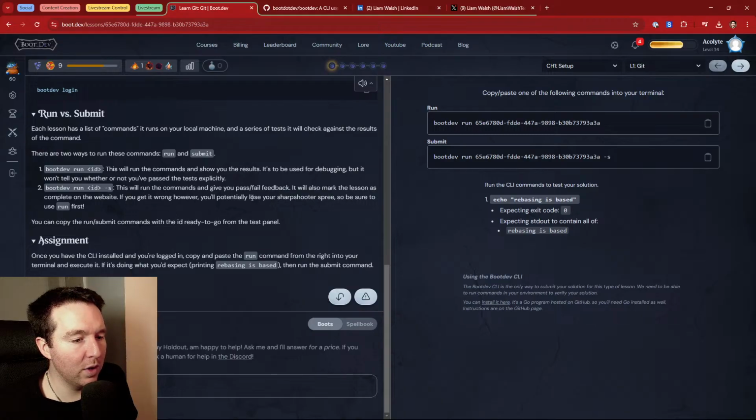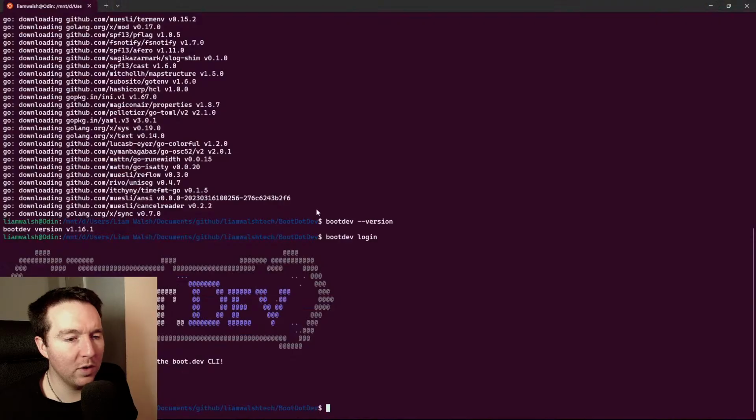You can copy and run the commands with the ID ready to go from the terminal. Test panel assignment. Write into a terminal and execute.